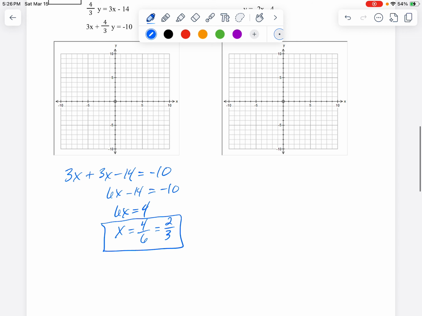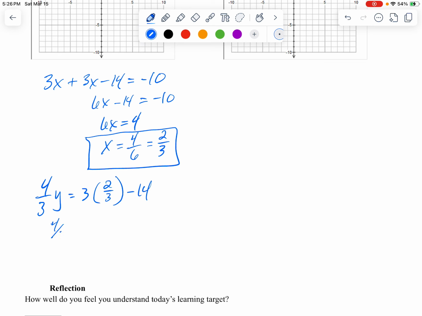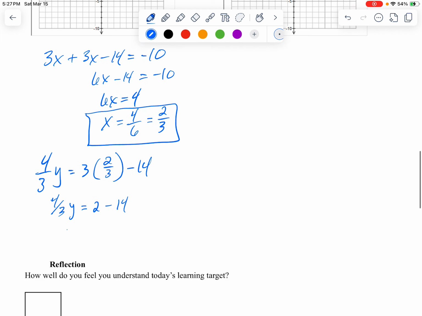So 4/3 y equals 3 times x, that'll work out okay, minus 14. Cutting it close on room here. 4/3 y, 3 times 2/3 is 2, minus 14. Put that together, you get 4 over 3 y equals